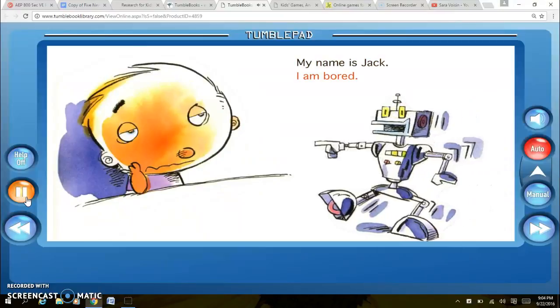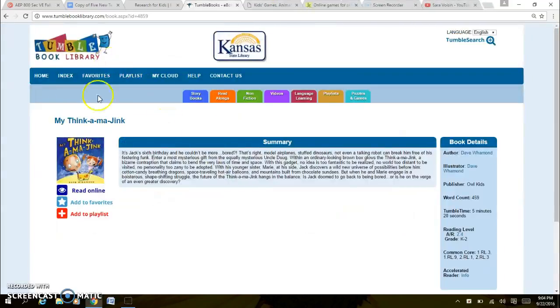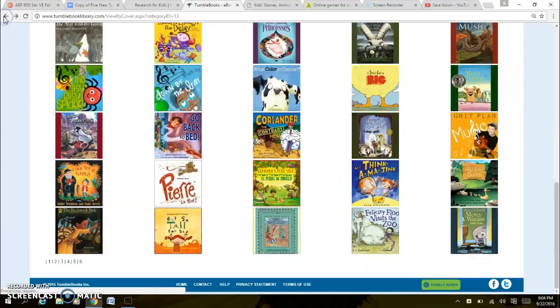I am bored. I really like that it highlights the words that it is reading, so it helps with word recognition and strengthens the kids' following along skills. And it goes through the whole story and reads the whole thing to them with cute animations. If we go back to our website